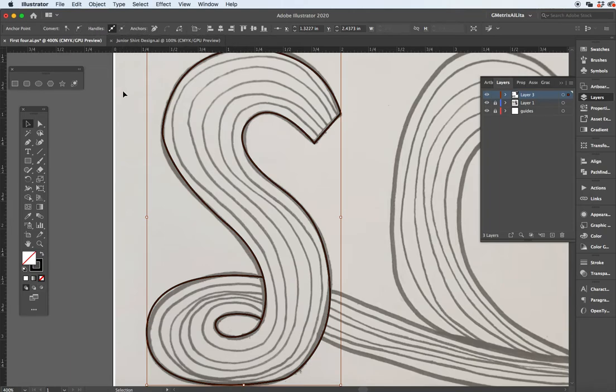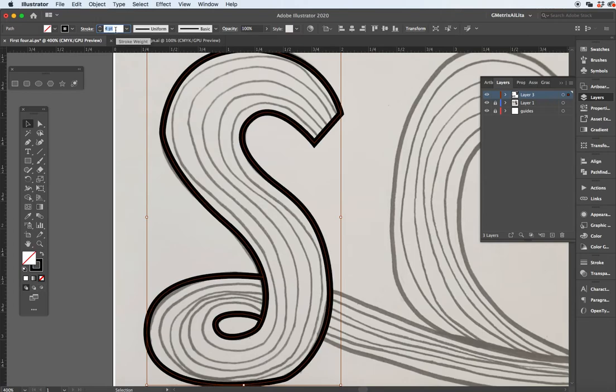change the thickness of it. Here's the stroke up at the top. I can make it a little bit thicker, like that, because it's going to be thicker than the interior ones, okay? And then the next step is to take a look at it and say, okay, how am I going to